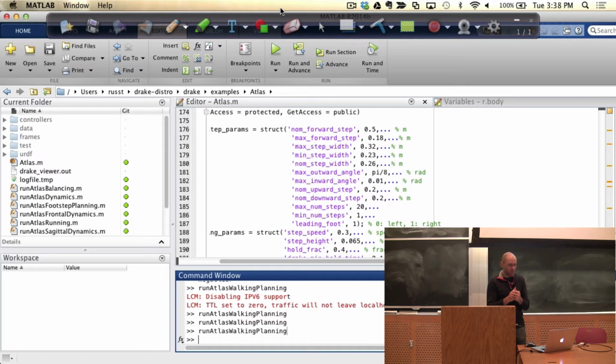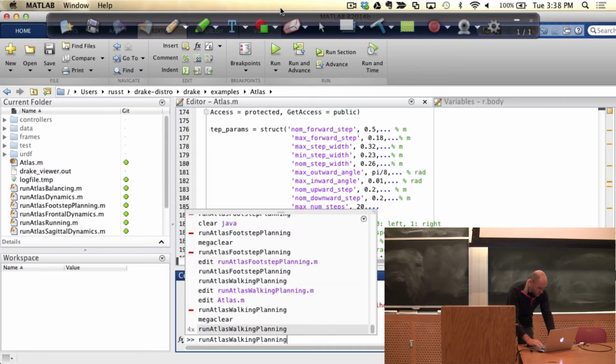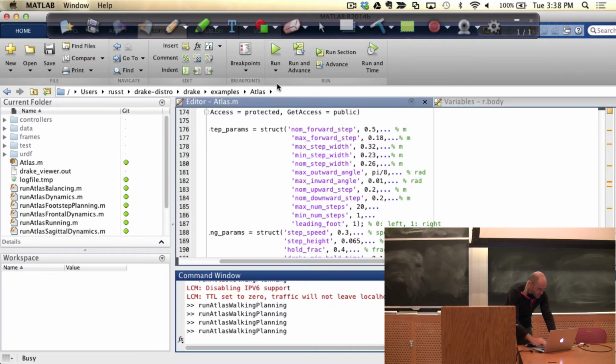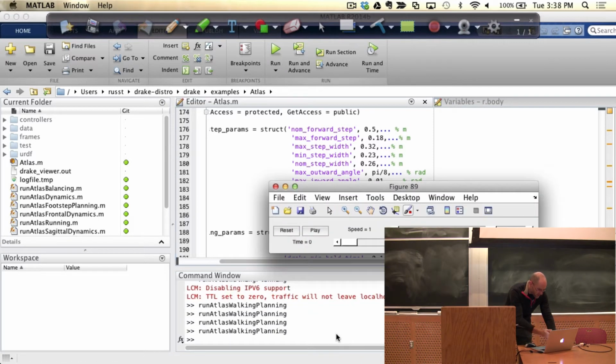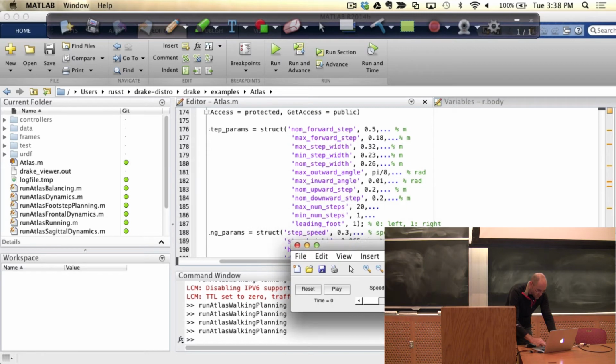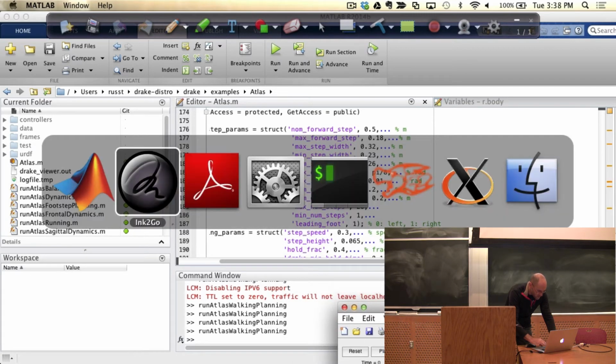There's a couple extra pieces about how you go from center of mass to a full kinematic model, to all your joint angles. I can tell you about that. It's another optimization, you won't be surprised. There's a couple extra pieces, but all of them are super lightning fast. This is actually running more machinery than I need to. It's running in MATLAB. It comes up with this plan basically instantaneously, and then